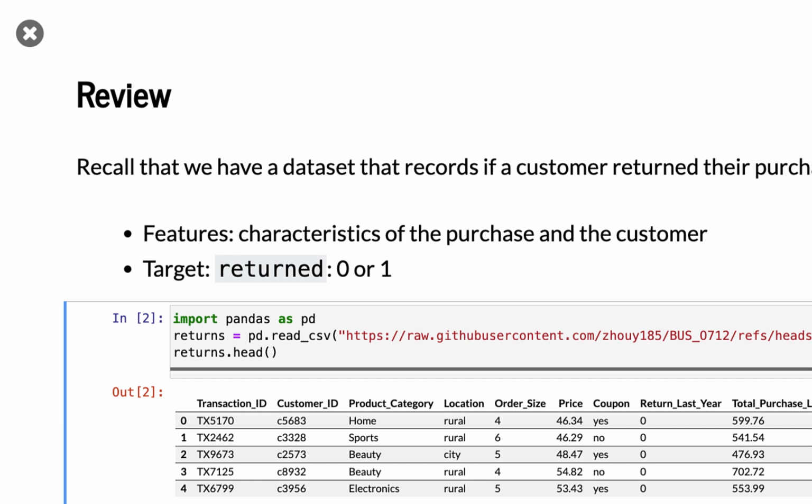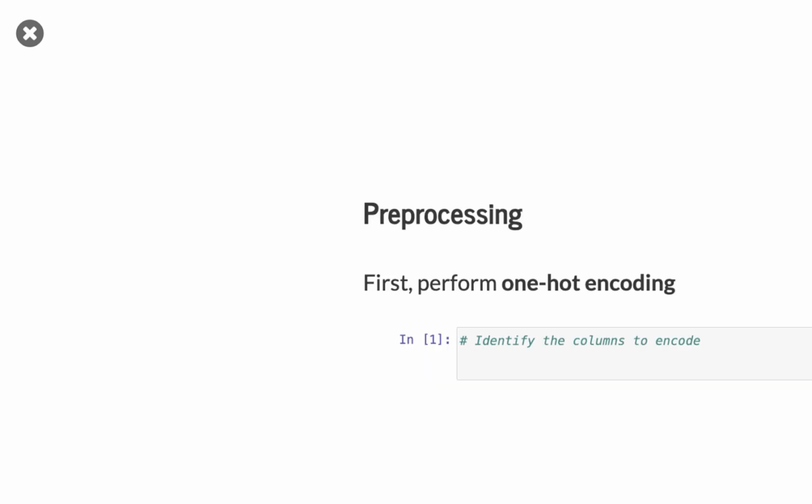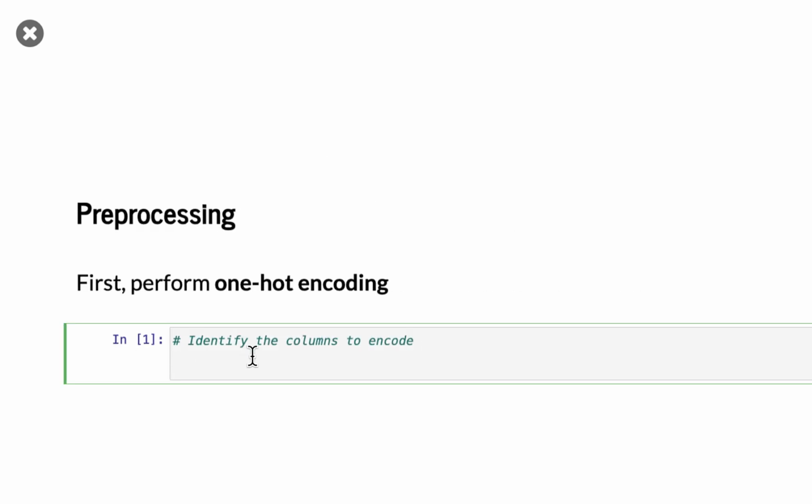So here we have product category, location, and use of coupon, those 3 categorical variables. So let's try to identify those categorical variables, or maybe we can call them features. Features to encode equal to a list of variable names. First of all, we have product category